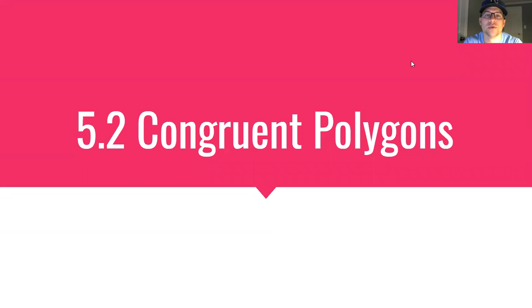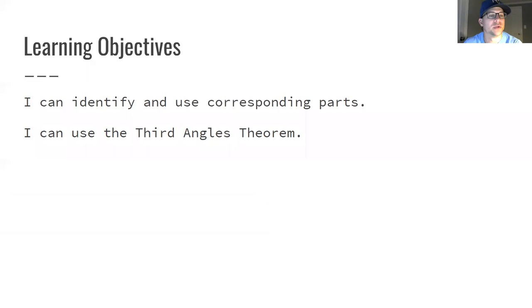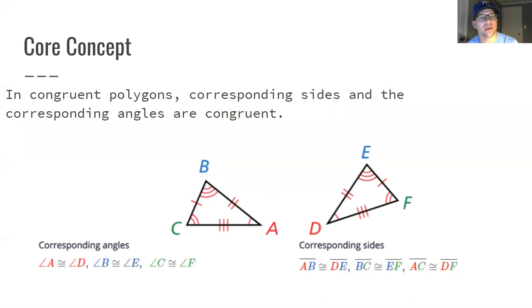All right, this video tutorial is on the Big Ideas Geometry section 5.2 titled Congruent Polygons. Two learning objectives for this one: to be able to identify and use corresponding parts. We've already very briefly talked about corresponding angles when it comes to parallel lines and transversals. These are going to be very similar in using the word corresponding and using the Third Angles Theorem. So the main thing to talk about today is that in congruent polygons, corresponding sides and their corresponding angles are congruent